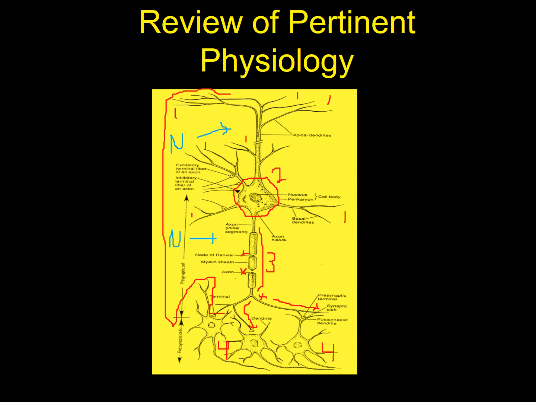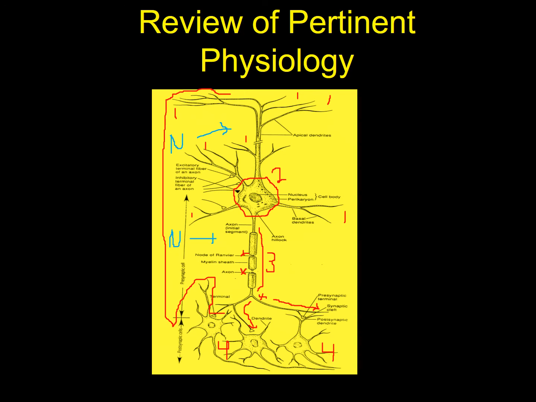The numbers 1 are the dendrites that are the receivers. They have receptors and they receive stimuli from all around. All of that stimuli is conducted to the cell body, which is labeled as number 2. And then number 2 is where all those stimuli are processed, inhibitory stimuli and excitatory stimuli. If inhibitory stimuli wins, nothing happens, it's dead right there. If excitatory stimuli wins, then an impulse is conducted down the axon, which is labeled as number 3, and that